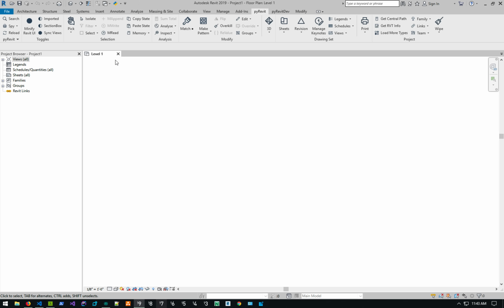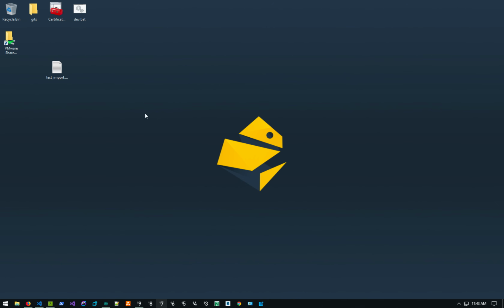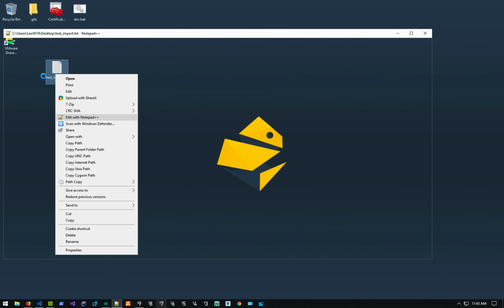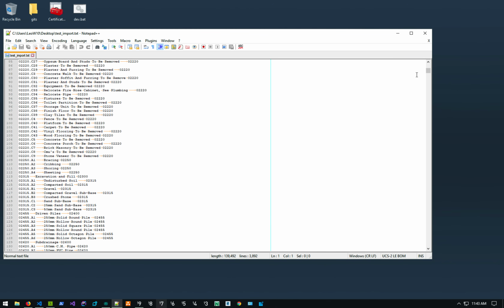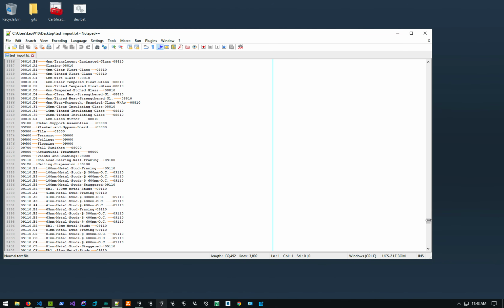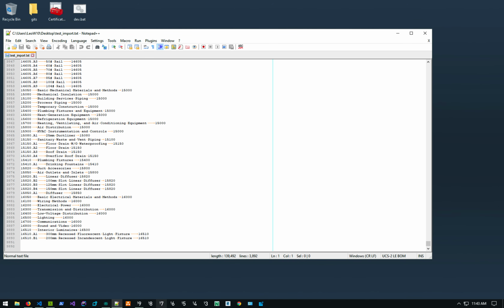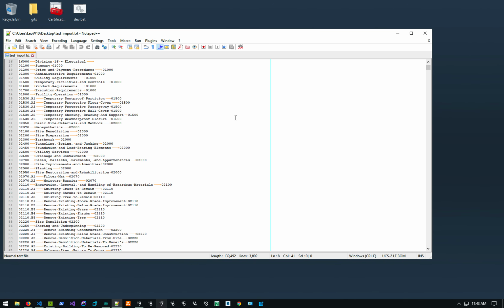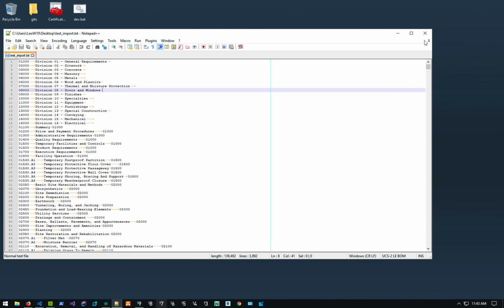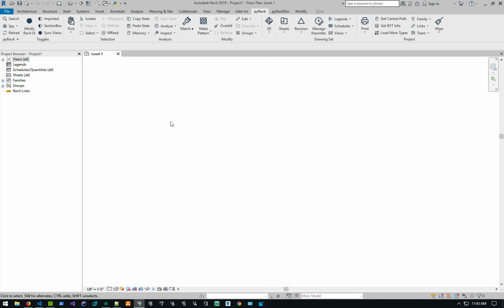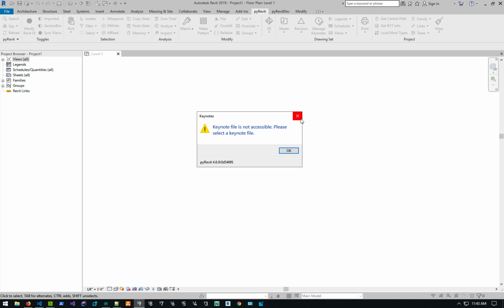So on this one, I'm just launching a new Revit file, and I have this Keynote file that is one of the standard Keynote files. I think it's a metric Keynote file that comes preloaded with Revit. It has about 3,900 keynotes in it, so it's a fairly large Keynote file. In most of the projects I've worked on, we never got to having this many keynotes in the same file. But just to show you that it can handle this kind of complexity in large files. If you have a new file and you want to set it up,